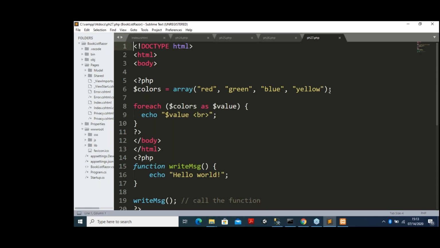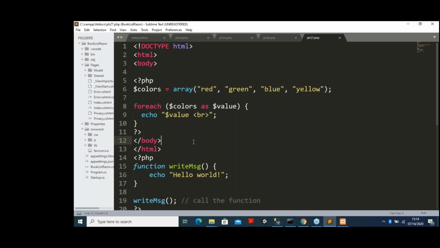Okay, so now what I am going to do, I am using foreach. So foreach $colors as $value. So these are the values. For each and every color, the first one will show the value. This is 0, 1, this is the first one, this is the second one, this is the third one. So all these four values will be displayed there. This is the first part of this program: foreach $colors as $value, echo $value. So first it will show red, then green, then blue, then yellow.